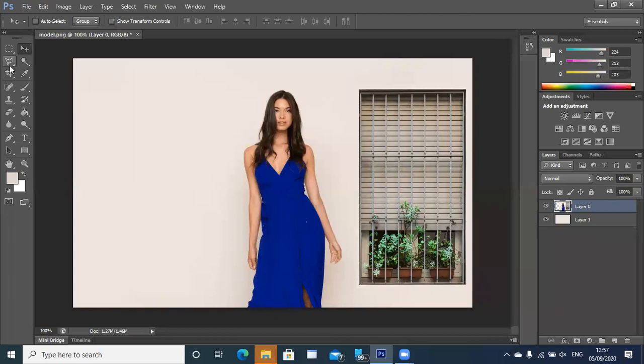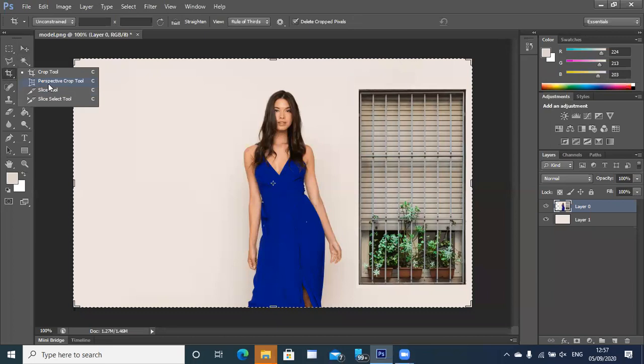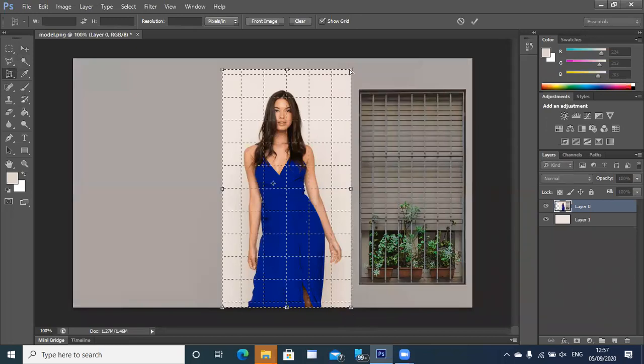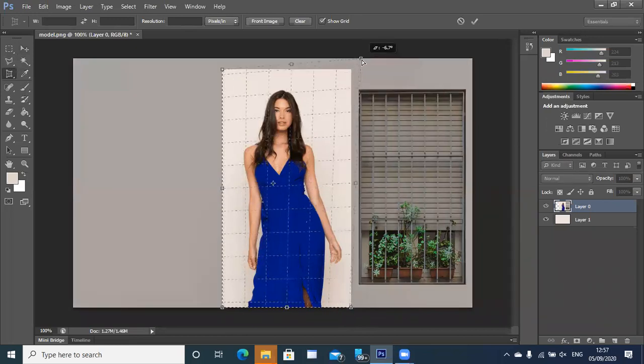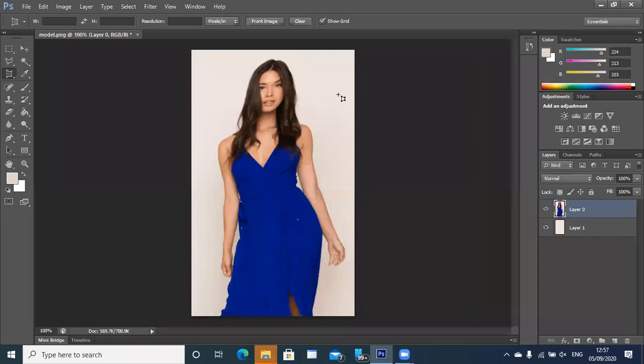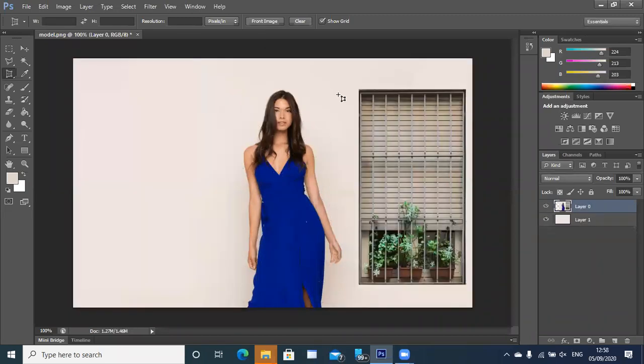Apart from that, there are a variety of crop tools available. For example, you've got the perspective crop tool. Perspective crop tool is basically, if I select a certain area, in this image it will not really work that well. But the idea is I want to crop and tilt the image, straighten the image, you can say. So in that situation, you can go with the perspective crop tool. It will crop based on a certain tilt. So if the image is a little tilted, it will convert it to a correct image, and then crop. Understanding?